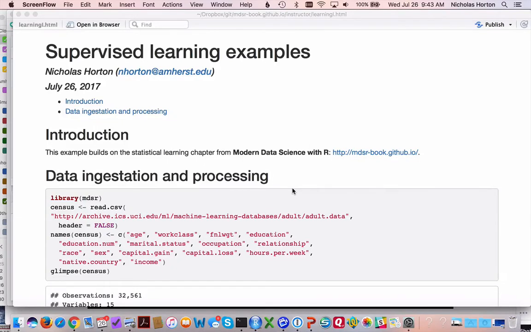Many analyses require the use of statistical and machine learning methods. Material in this supervised learning chapter of Modern Data Science in R is intended to provide an overview of what's a really important, fast growing area. This is clearly one of those places where multiple courses, multiple books can be provided on this really important topic, but we really wanted to provide an overview in the series of some case studies that can be used to